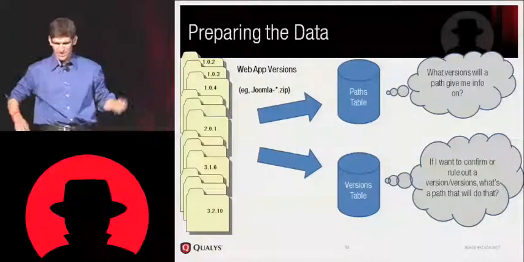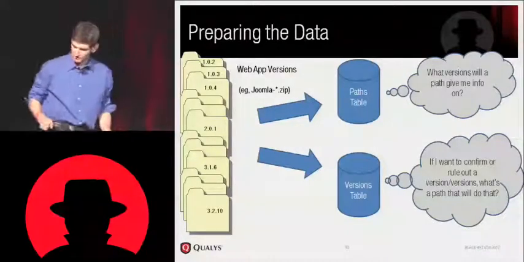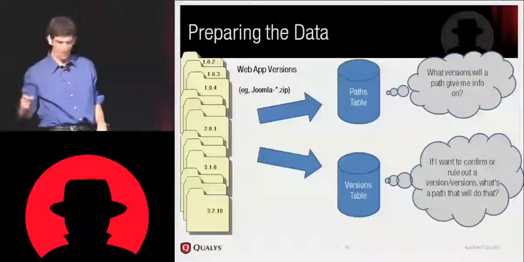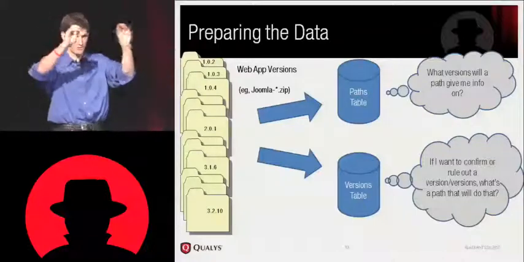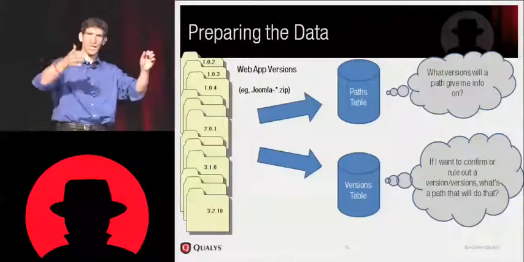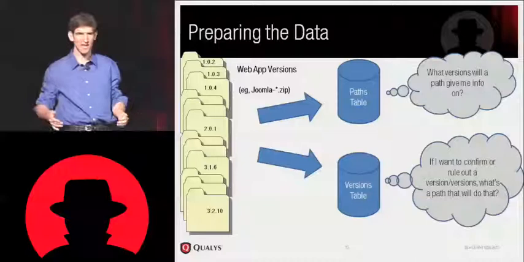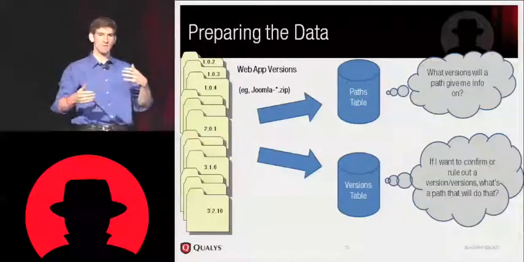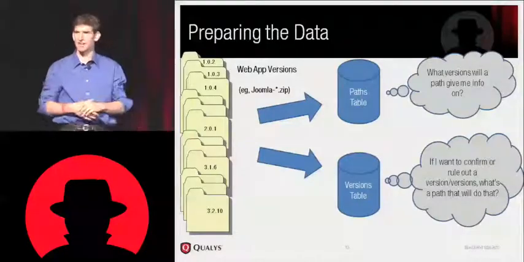We use these data tables to answer two questions. The first one, for the paths table, is: what versions will a path give me information on? If I fetch this particular path, /resources/something.css, what versions is that file present in, and what versions does it differ in? Therefore, if I